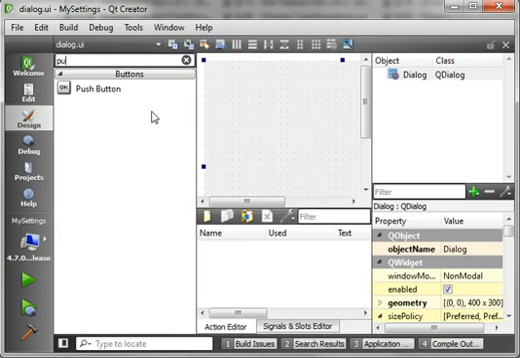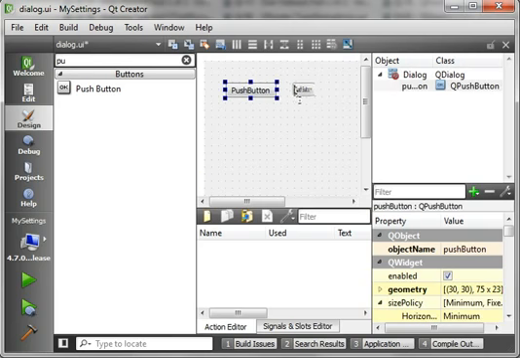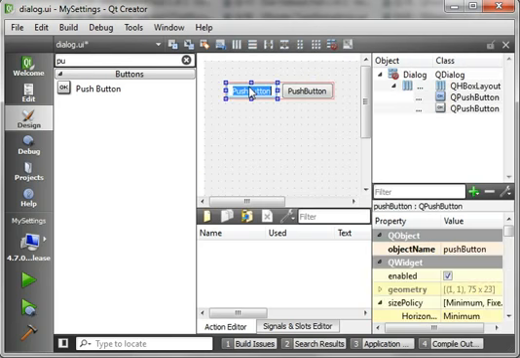Alright, so let's grab a couple push buttons and throw them out on our form here. And of course, let's just align those. Now, QSettings, in case you kind of guessed, allows us to save and load settings and do it in